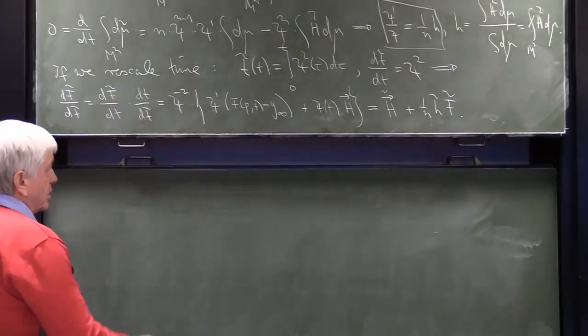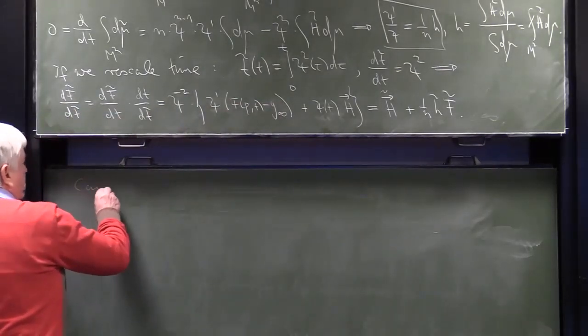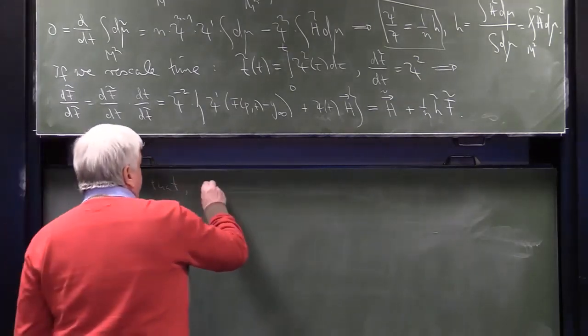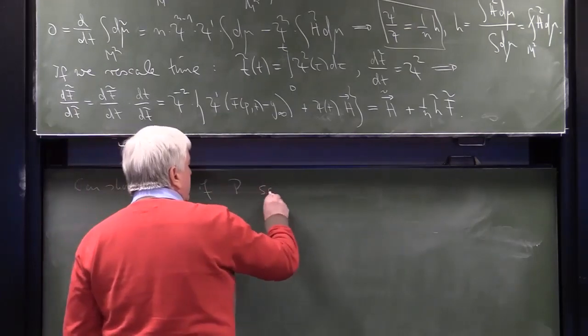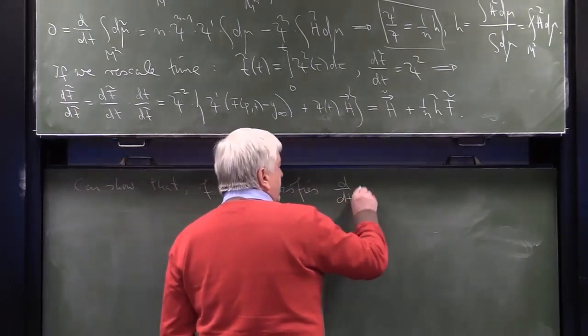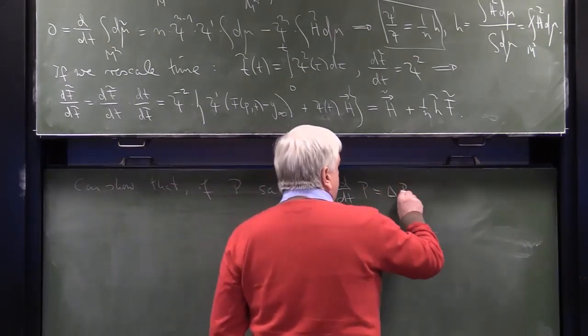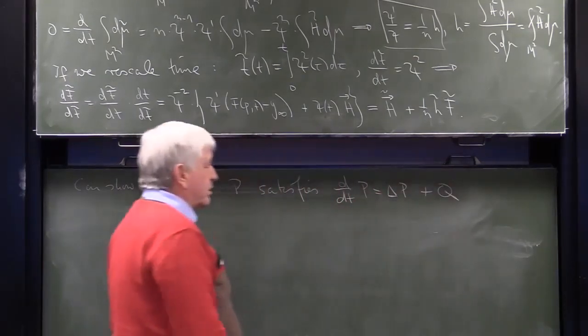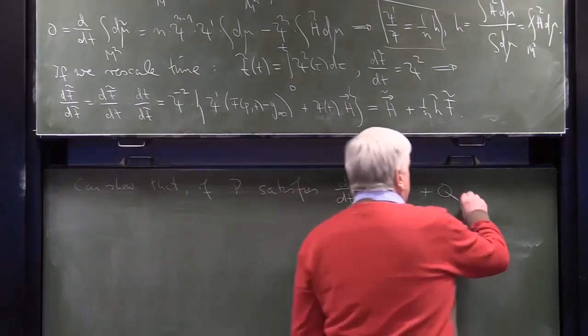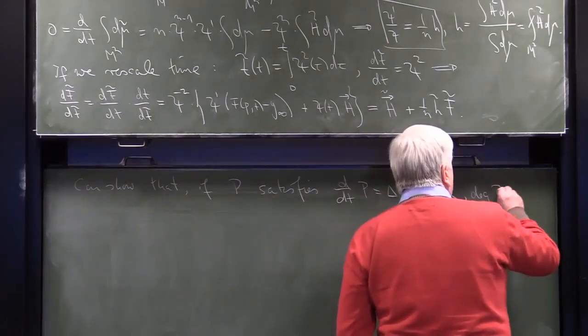So you can show that if P satisfies d/dt P equals Laplace P plus some Q, this is a typical way you get an evolution equation for some quantity, and the degree of P is alpha,